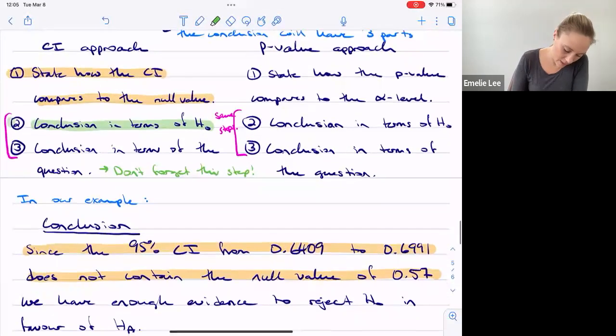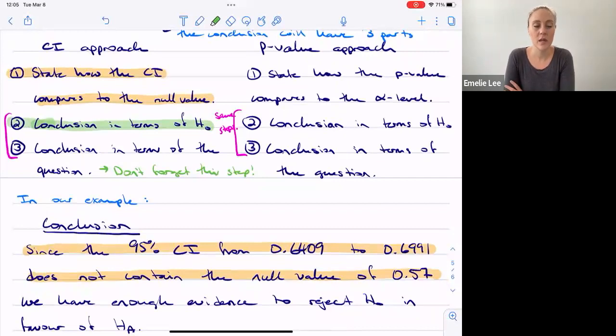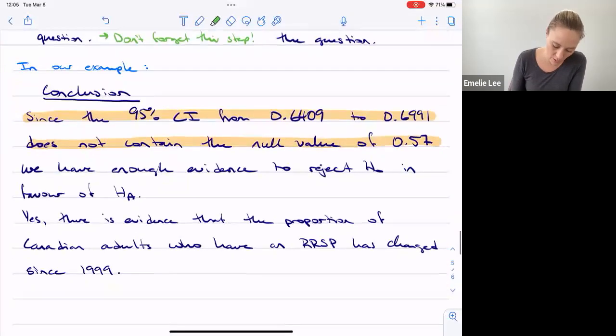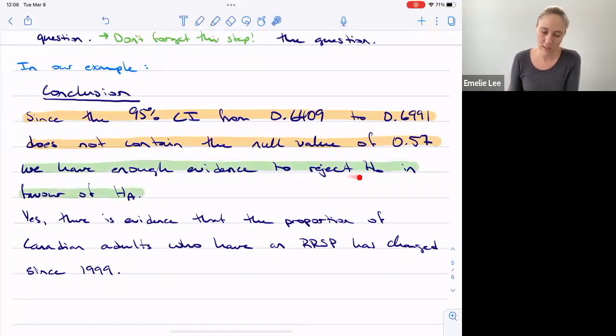My second step is to draw my conclusion in terms of H naught, right? So if the null value is outside the interval, I have enough evidence to reject H naught. If the null value, which is my null hypothesized value, is in the interval, then I do not have enough evidence to reject H naught. So I'll outline the two options here, but my conclusion in terms of H naught is